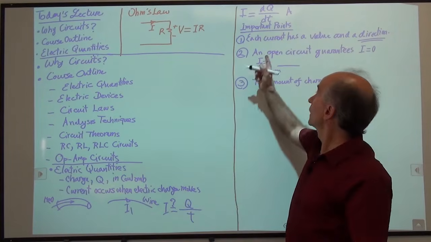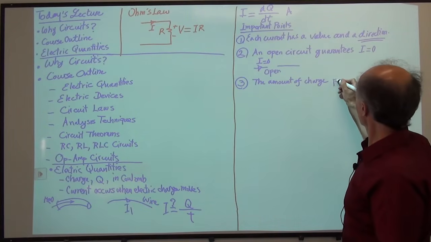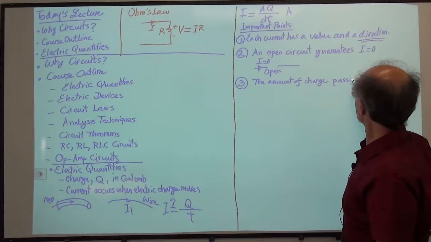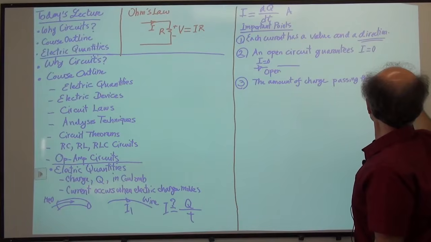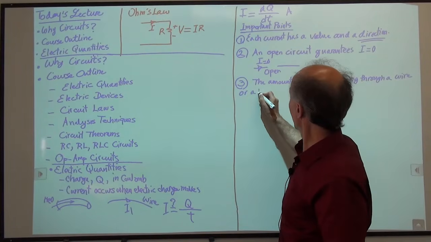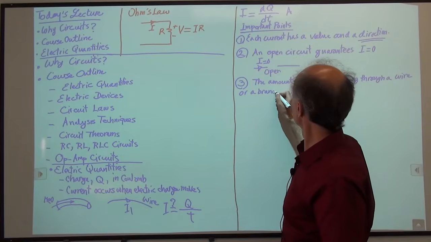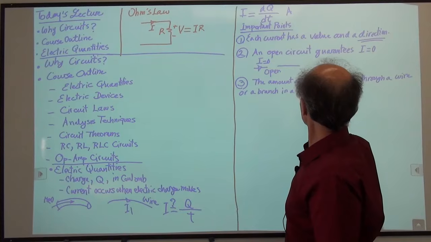Well, I just have to work from here, right? So we say the amount of charge passing through a wire or a branch in a certain time